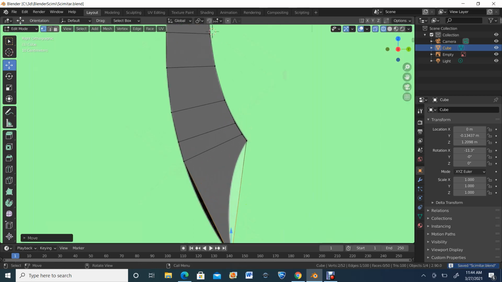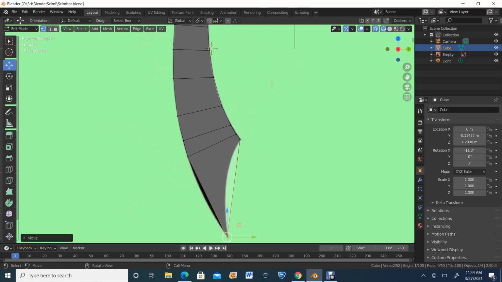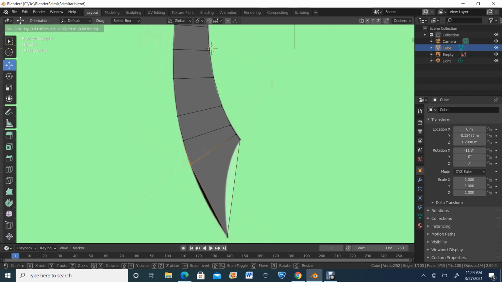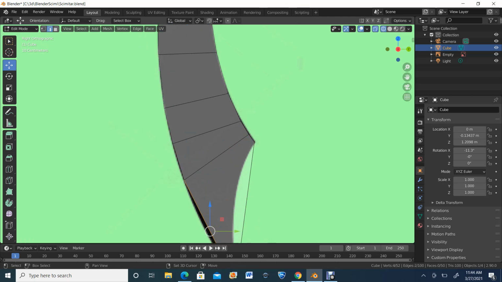Control S to save this. And then, as you can see, I could probably do a better job distributing the vertices on this blade itself. So what I'm going to do is take these and distribute it so it's a little more even as the blade starts to curl. And then the next step was going to be to press 2, go to edge mode, and if you hit Alt while you click, nope, wrong orientation, so just click and drag,